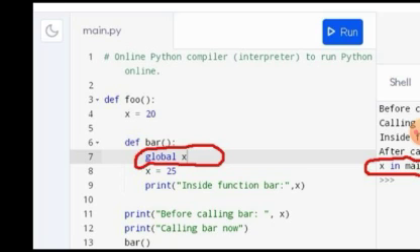We are defining this function inside the foo function, but like other functions, the bar function will only be executed after it is called. Inside the foo function we are calling the bar function at line number 13.